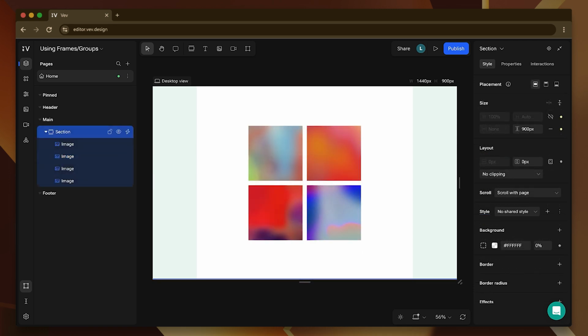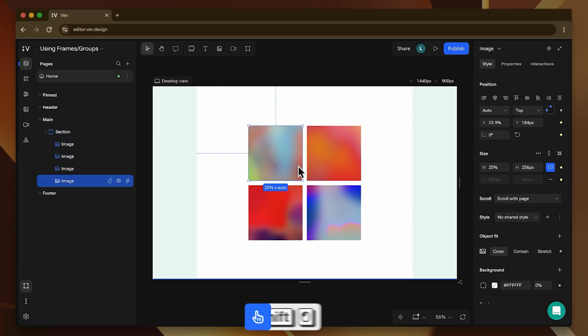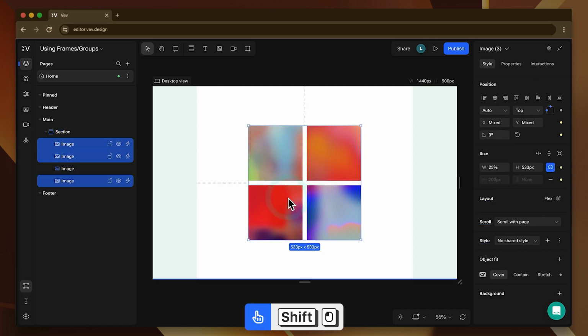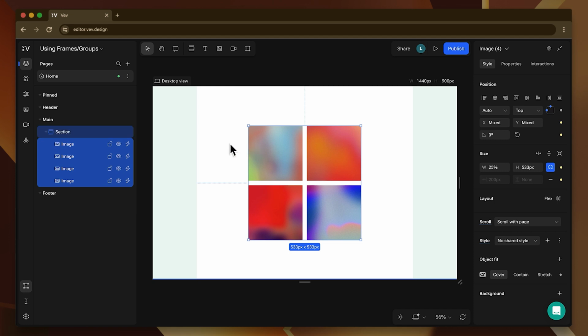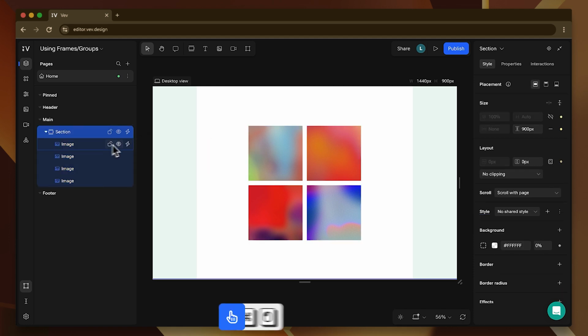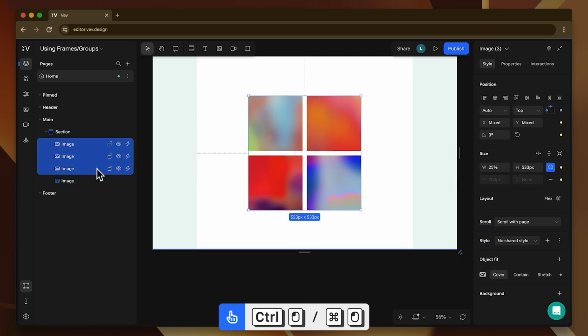You can also create frames by grouping existing elements on your canvas. First, select all the elements you want to group, and this can include other frames. You can do this by selecting one element on the canvas, then whilst holding the Shift key, click on any additional elements. Alternatively, you can click and drag your cursor on the canvas to draw a selection box around the elements. You can also select multiple elements from the Layers panel by holding the Command or Control key whilst clicking